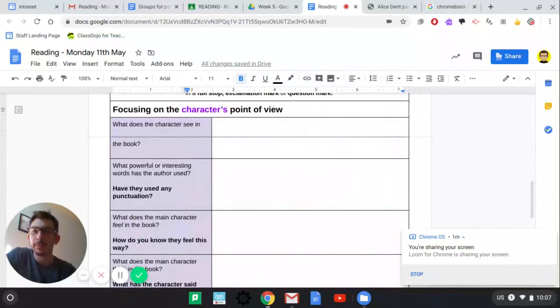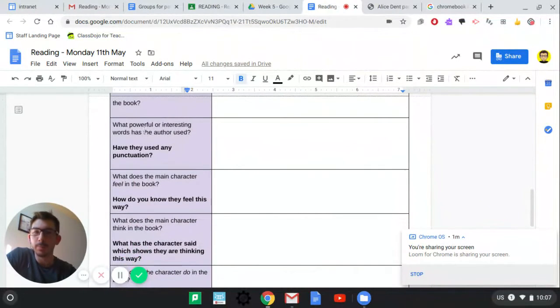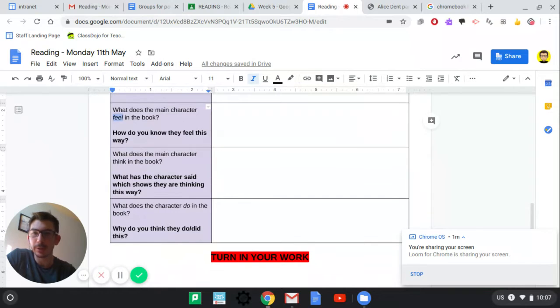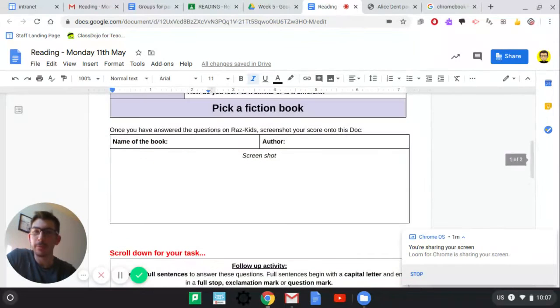So if we look down here, what does the character see in the book? What powerful or interesting words has the author used? So we're going to keep an eye out for them. What does the main character feel? So we're going to be looking for words that show feeling. What does the main character think? And what does the character do in the book? Okay, first things first,